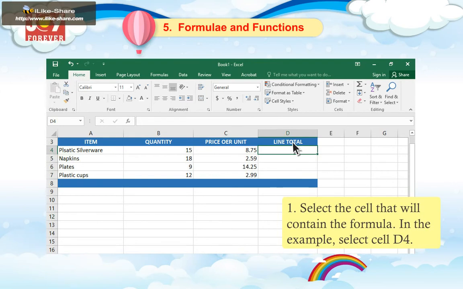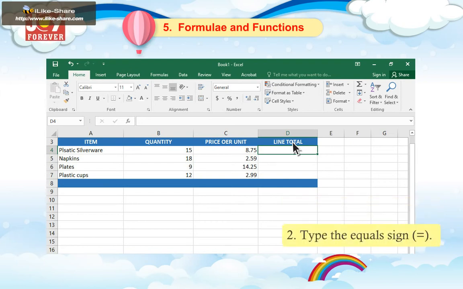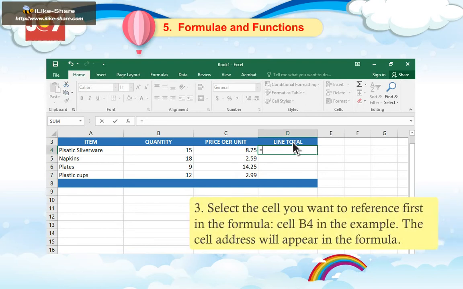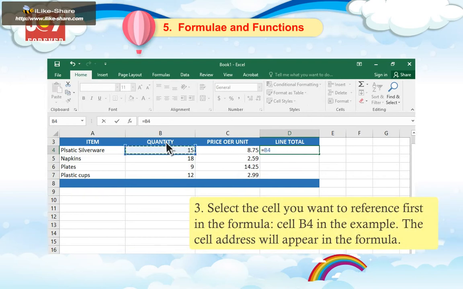In the example, select cell D4. 2. Type the equal sign. 3. Select the cell you want to reference first in the formula, cell B4 in the example. The cell address will appear in the formula.